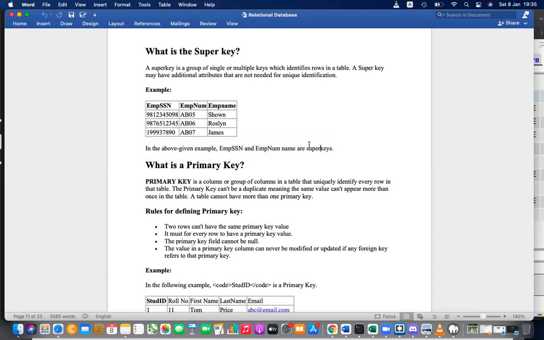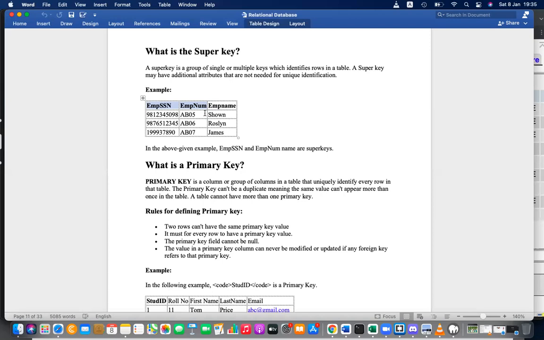All are super keys. Okay, if I take both of these together, is it a super key? Employee SSN and employee number, is it a super key? Read the explanation. Yes or no?